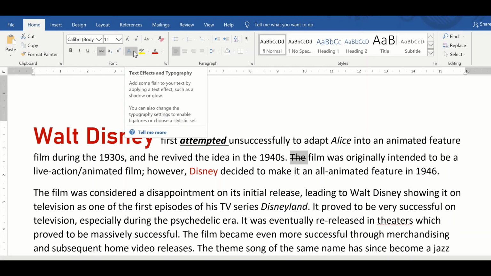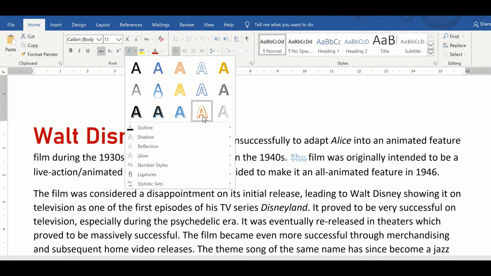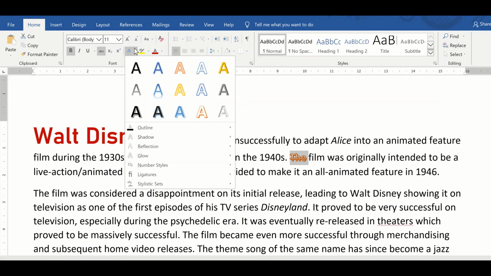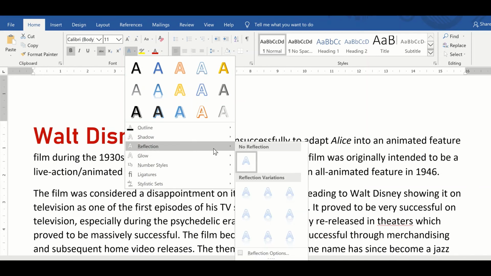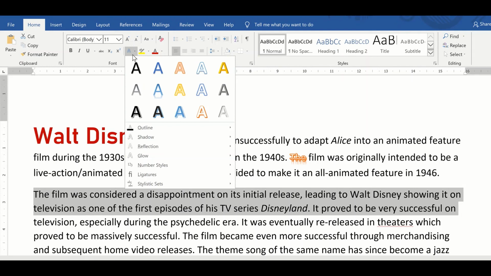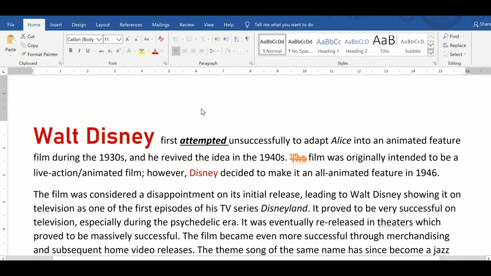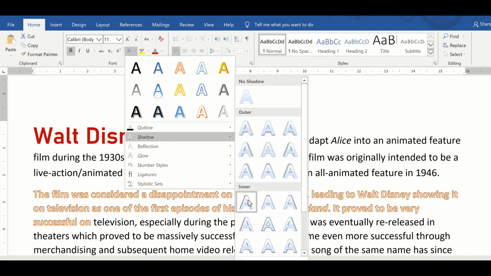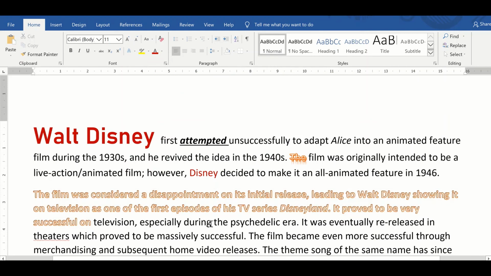Next comes text effects. If you click here, it will show you different types of text effects. You can select the text effect. Different text effects are given when you click this button. If you want a reflection of a word, it will show the reflection of the word. In this way you can apply formatting features to the text. Select the text, click on the effect option, select the effect and click on other options you want to apply. Suppose I want to apply the shadow option, it will come like this.